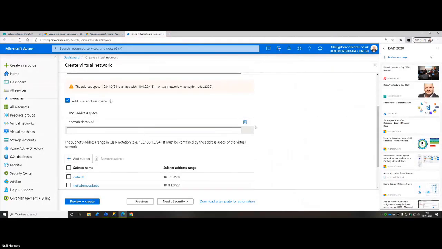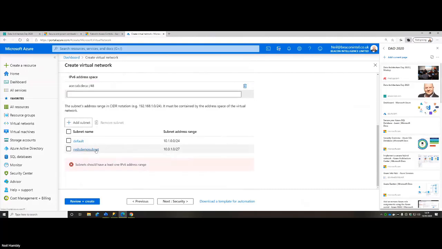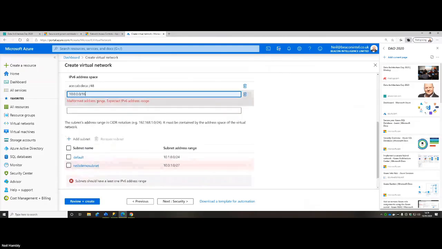I'm going to add that. So essentially what I could do is add in these additional subnets, build those, and be off I go. Again, I don't want the range there.